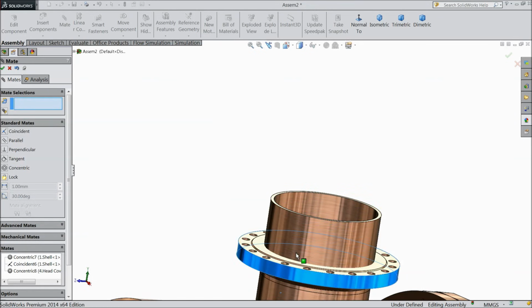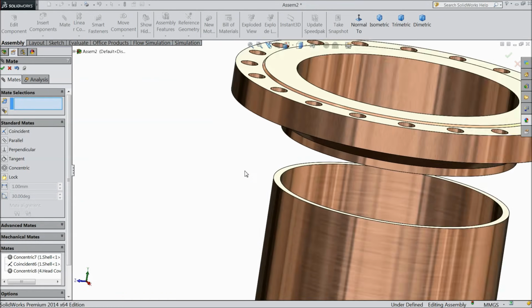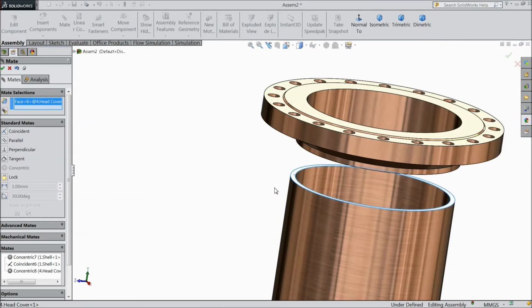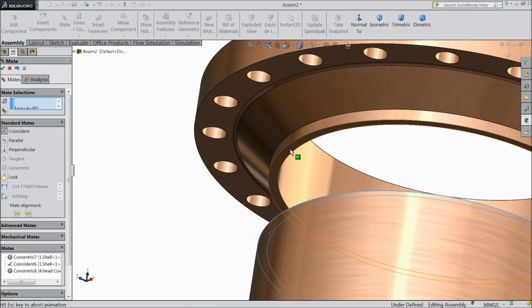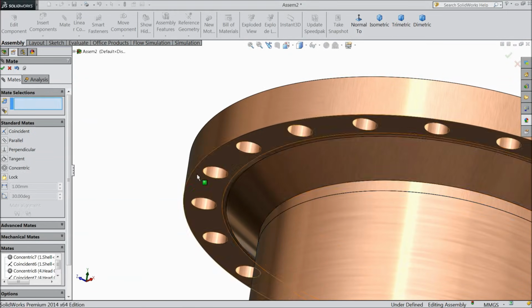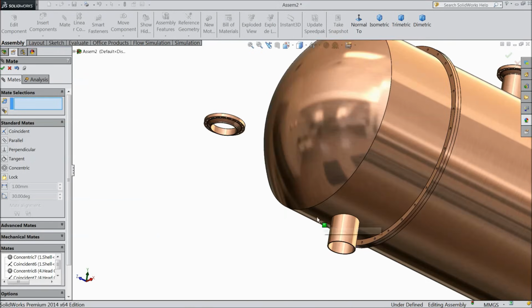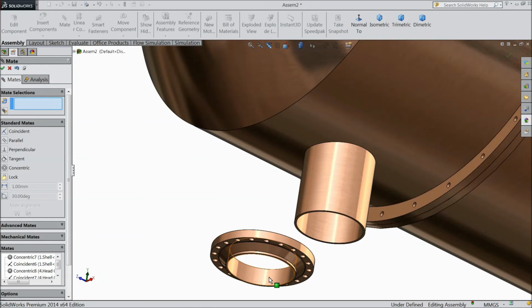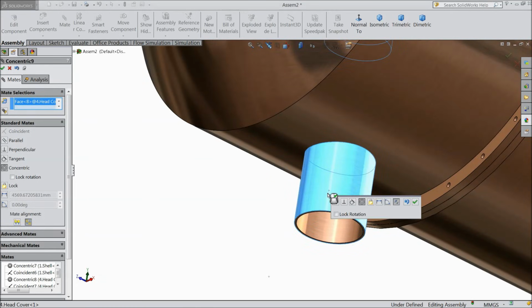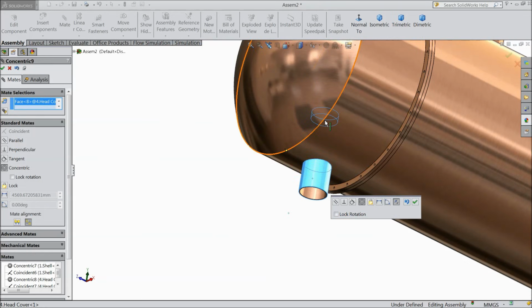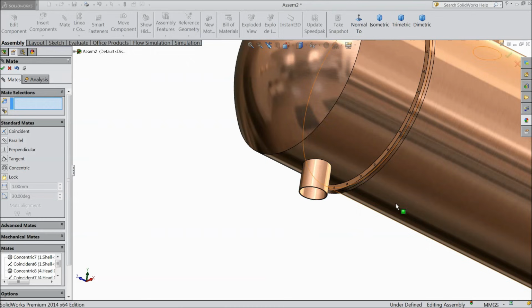Okay. Now select this face. Okay. Now go for the last one. Select inside and this face. Okay.